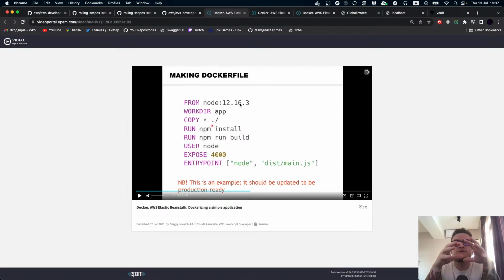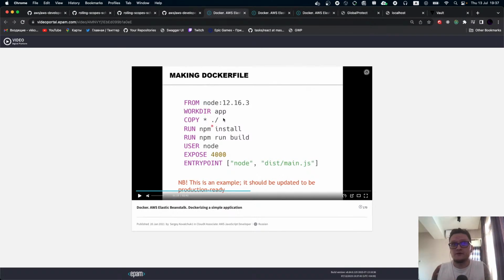We create work directory named app inside it. Then we use copy, I don't remember exactly the name of the command, so we copy all the files in our app. Then we run npm install and npm run build, so we install all the Node.js dependencies.